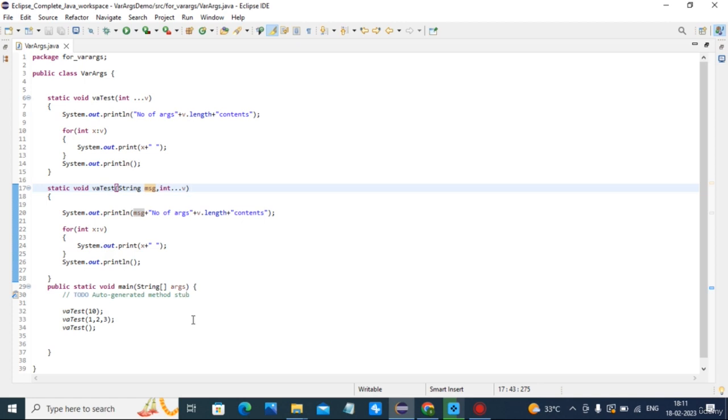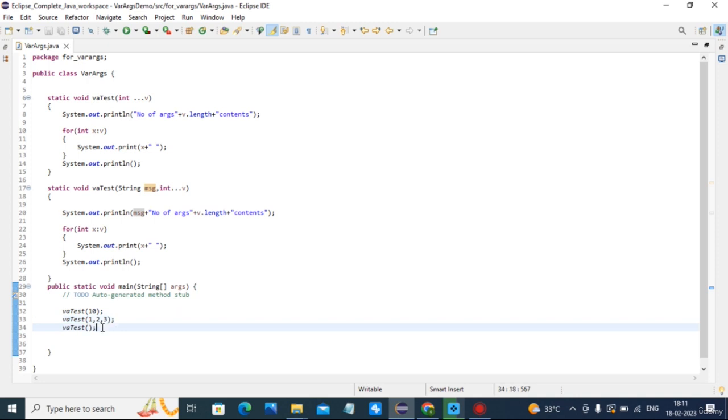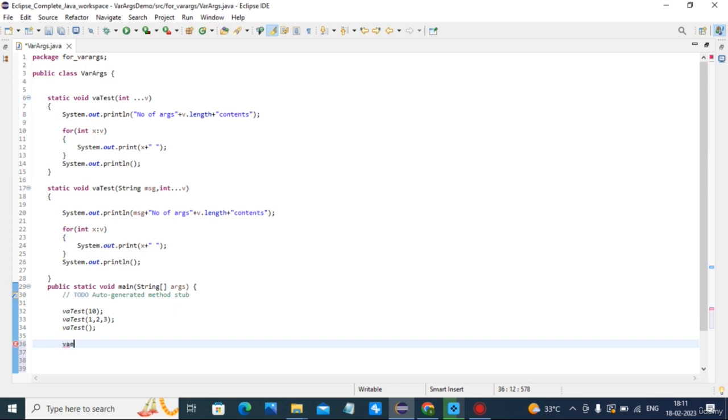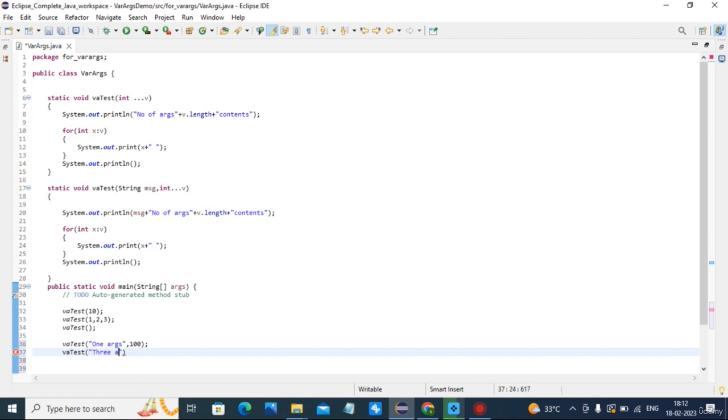Now while calling, this is only variable number of arguments, this method is called, and I add here a test with one argument, one argument, comma, suppose 100, then multiple arguments, 3 arguments, comma, 3 4 5, and lastly no arguments.